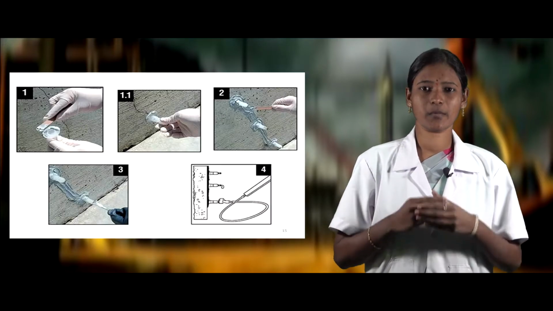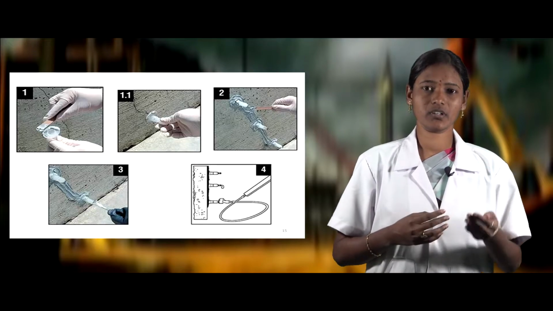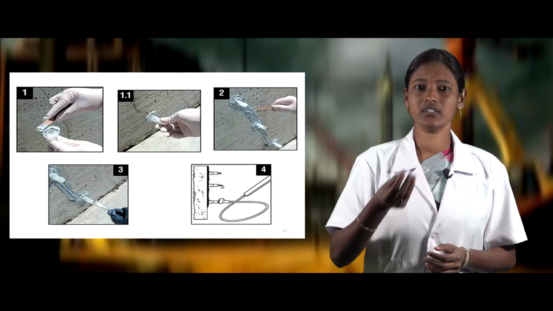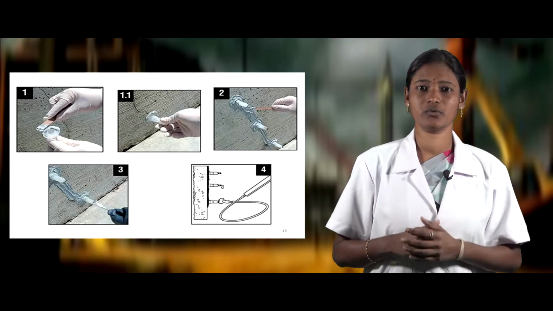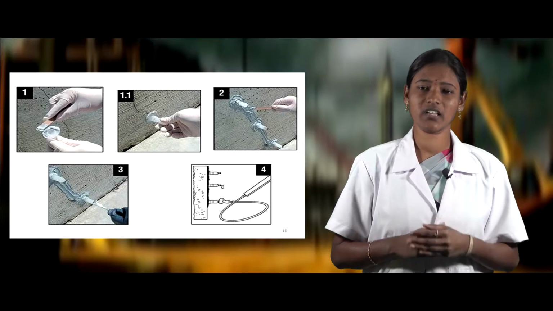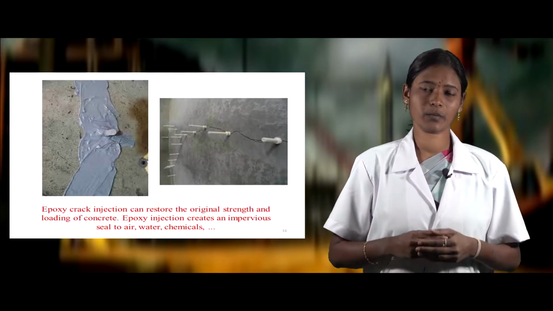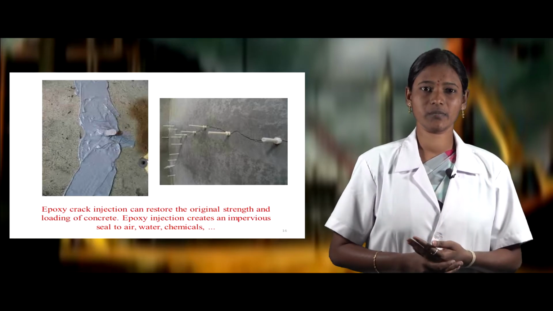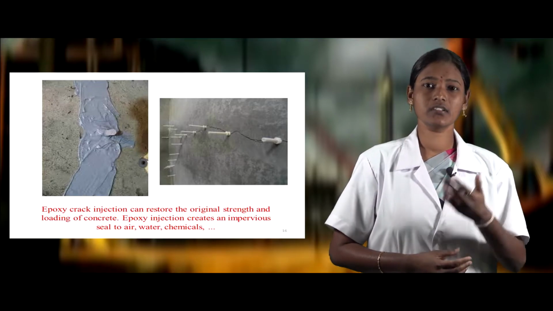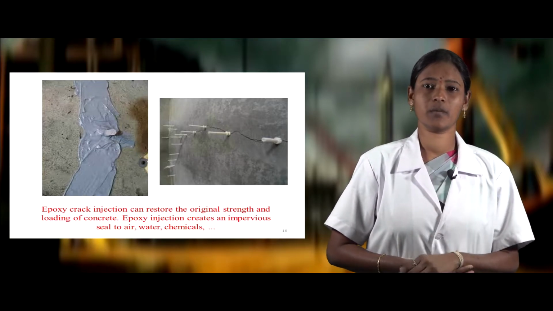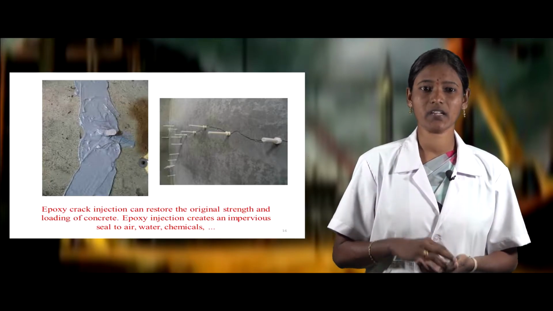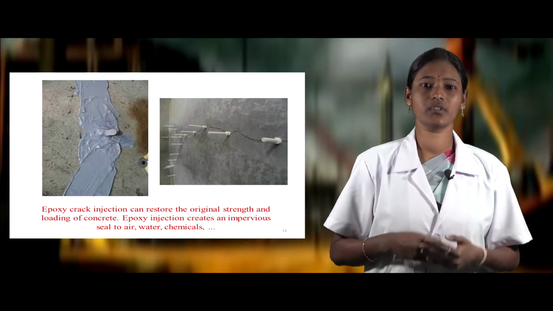This image represents the epoxy injection resin method briefly. It consists of 4 images. The first image represents the port fitting. The port is fitted using a sealant along the surface of the cracks, perpendicular to the cracks. These ports are fitted using separate spacings as recommended in ACI 224. This is an example of the epoxy injection resin process. The first image represents the port fittings and the sealant of the epoxy injection over the surface of the crack. The second image represents the surface sealing using an epoxy applicator. This system ensures that the crack will be thoroughly filled inside the concrete, and it provides sound concrete and prevents water intrusion.